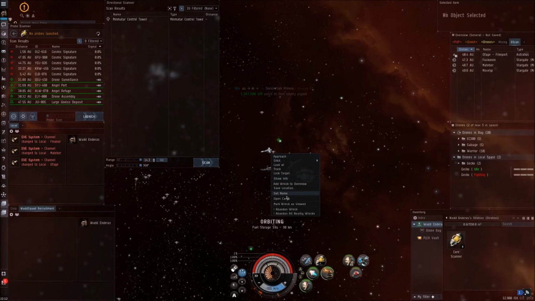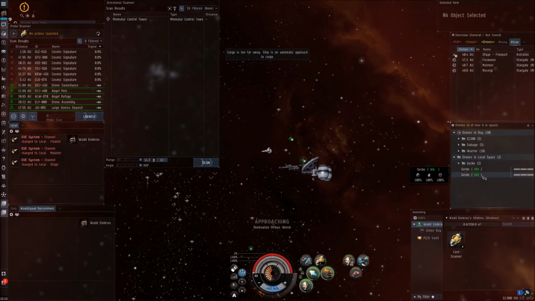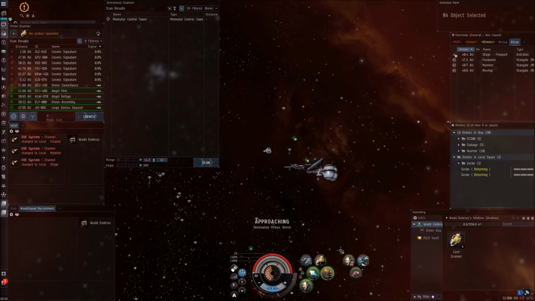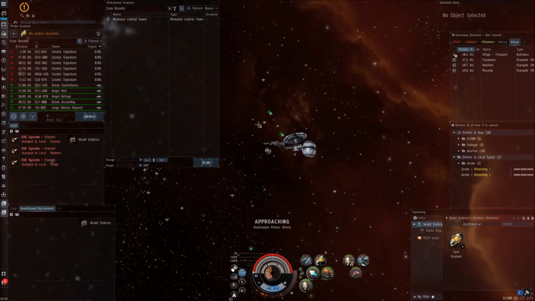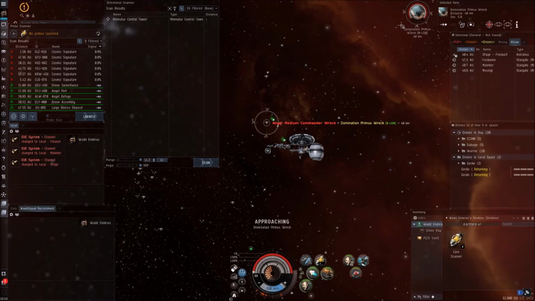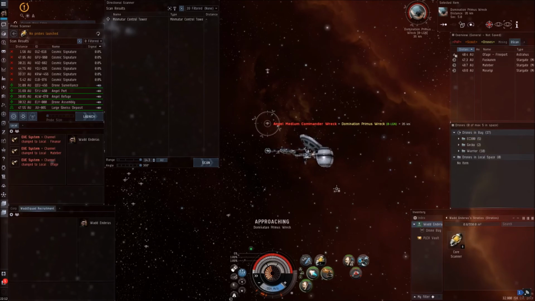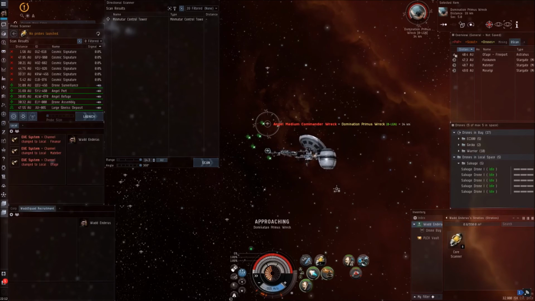So I'm going to open cargo. I'm going to pull my drones in because I don't want them in space any longer than they need to be. They're so expensive. And we'll see if we've got any decent faction loot in here. The other thing is faction wrecks can drop some T2 salvage as well, so they're always worth salvaging just in case. So we'll get them going. Send my drones out,